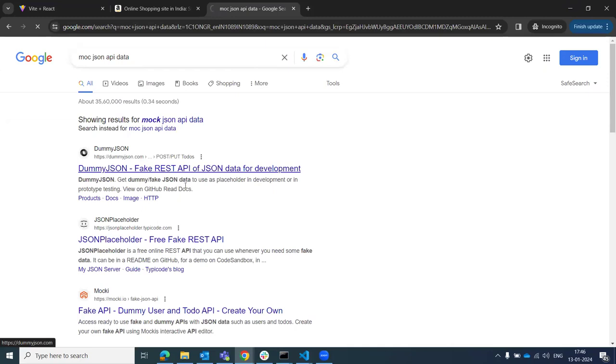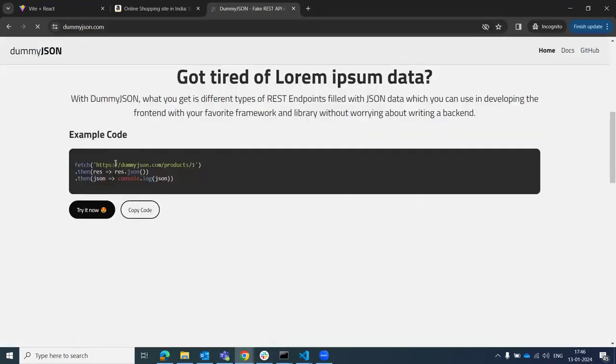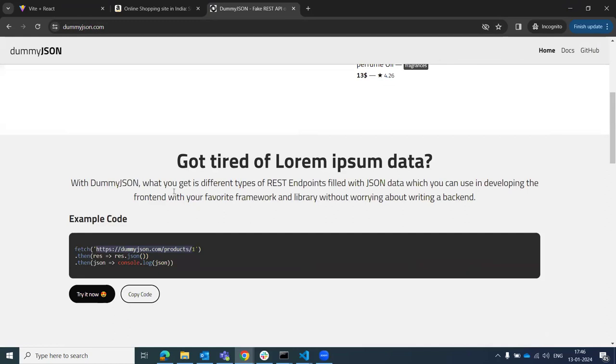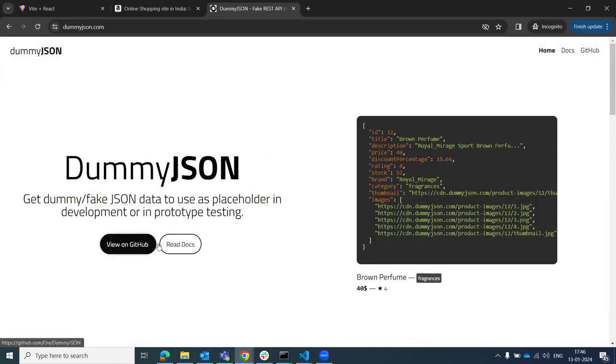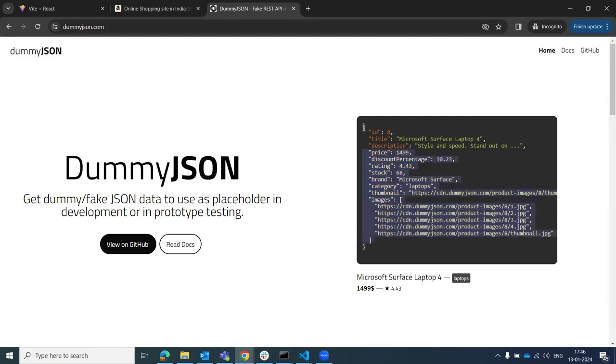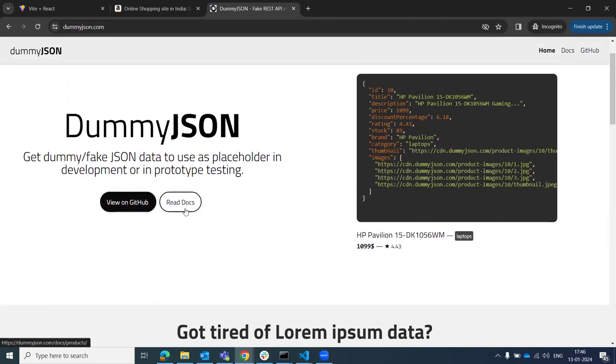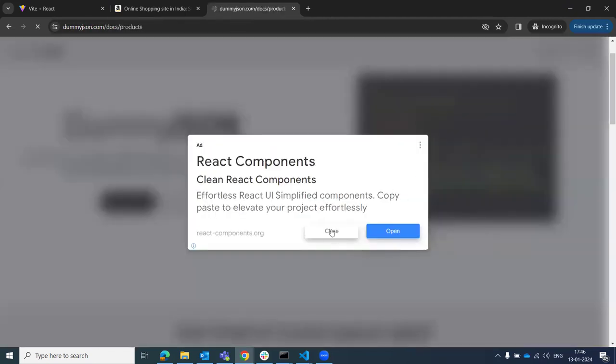If we go to our Google, you have to type mock JSON API data. If we go and see this one, this is a dummy JSON. This is the data which is coming. So if we see here, this is the data present in this. So if we go and see read docs, and you remember,